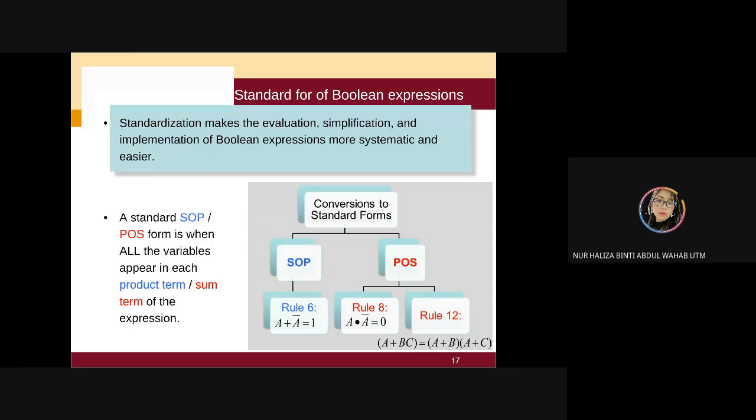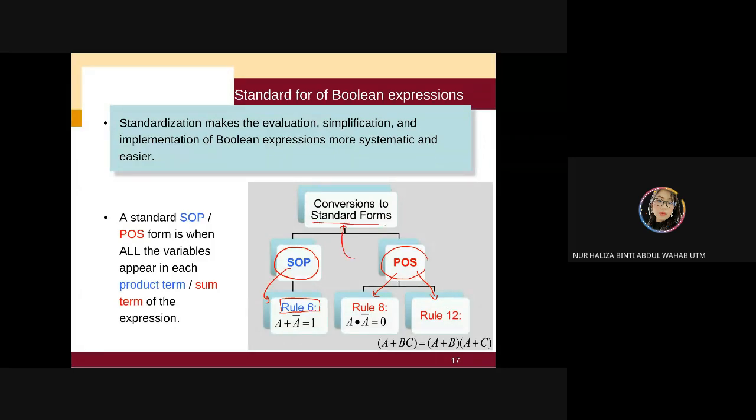This one, we're going to apply several rules, but we already fixed. So then you can apply only one. You don't need to ask, oh, what rule am I going to use? It is really easy for SOP. You're just going to apply one rule, which is rule number 6, while for POS, you're going to use two rules, rule number 8 and rule number 12, to convert it into